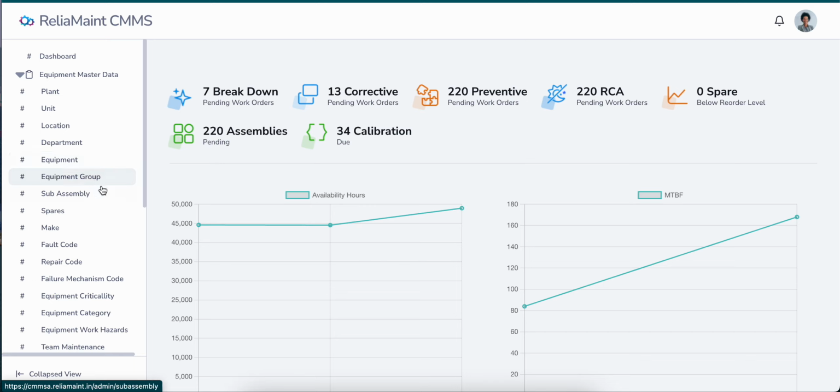Then we have equipment group. Equipment group means we are grouping certain equipment to facilitate certain common tasks. So this way we make a group of certain equipment and then assign the common tasks. In that case, you need not make that common task list for multiple equipment. Generally, it is a kind of route maintenance where, within a special or closed equipment group, certain basic jobs such as inspection, lubrication, or cleaning can be carried out.